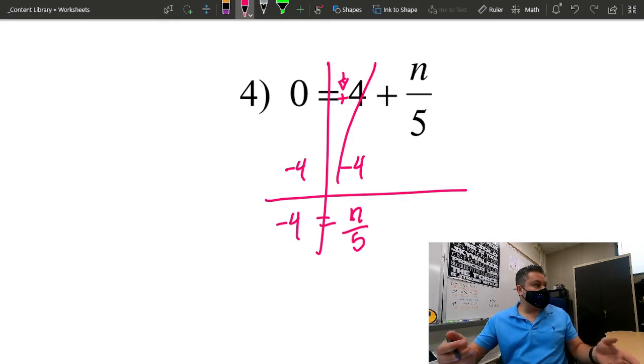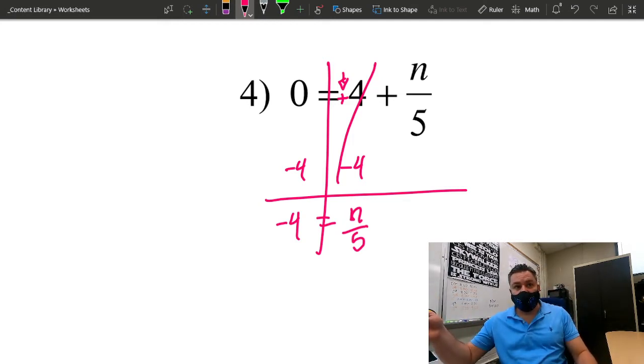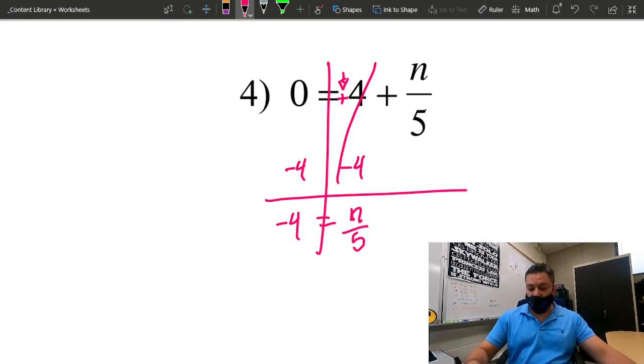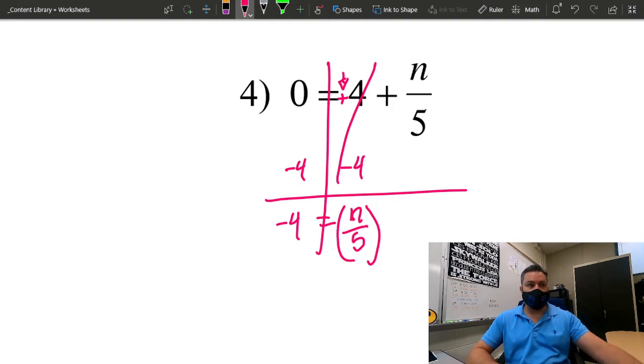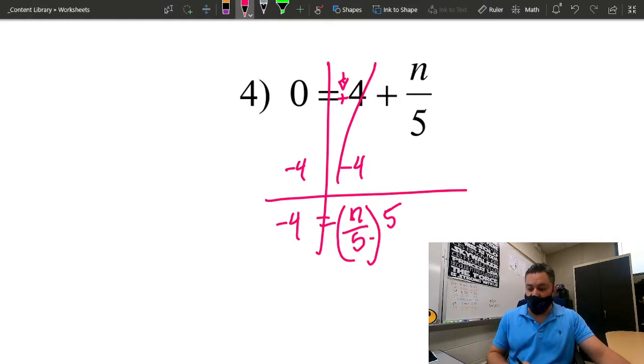So my second step is going to be to multiply or divide, right? We're going to have to multiply in this case because it's divided by 5. What do you think we're going to multiply by? By 5, because that's the number we have to get rid of. This is the number that we got to get rid of. That's the number we're multiplying by. That's just going to go away. And over here, we're just going to multiply. 5 times 4 is